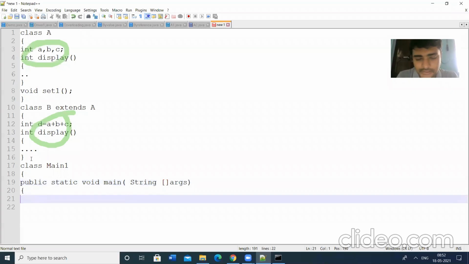So the main method is defined. Here we can create the objects, and through those objects, we can call the methods. This is the main class. So in inheritance, the programs will be like this. So let us save.